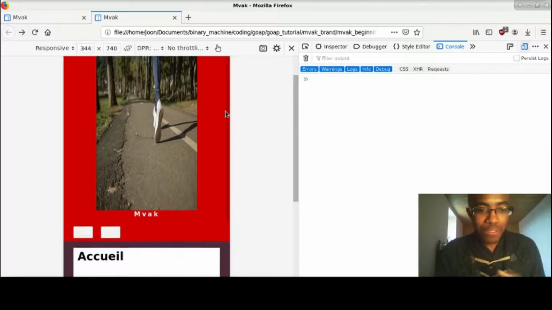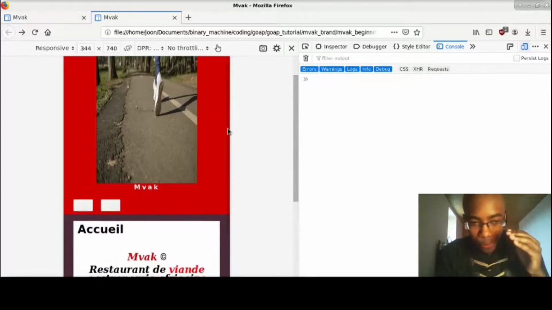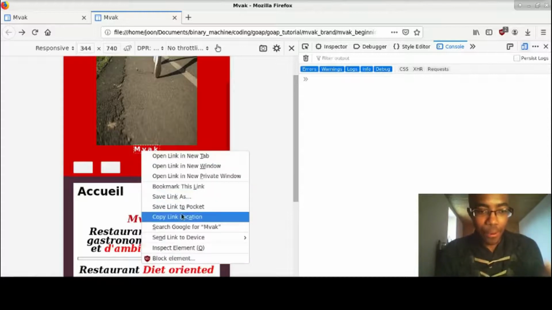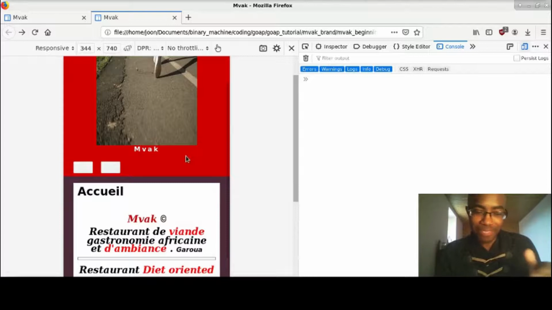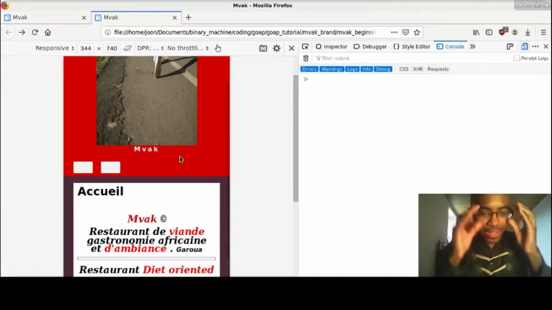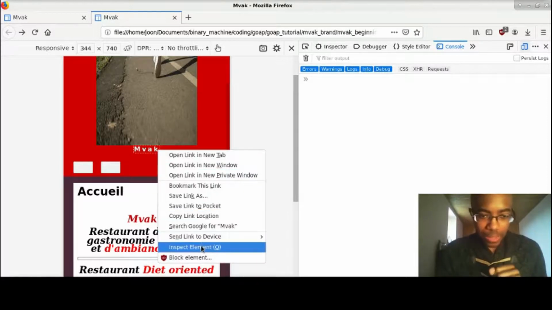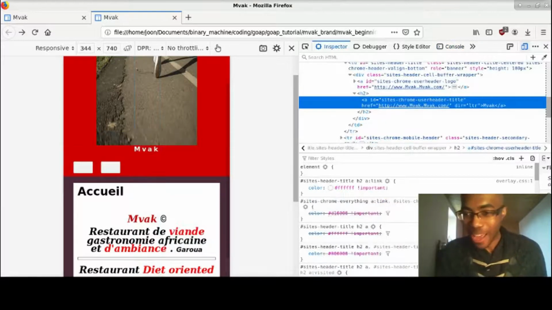We have a typographic element just at the bottom of the image, and when we look at it, it seems to be generic. So we will assess that by looking at the